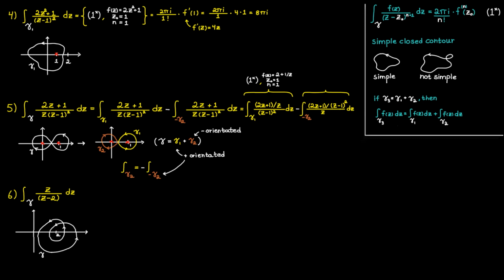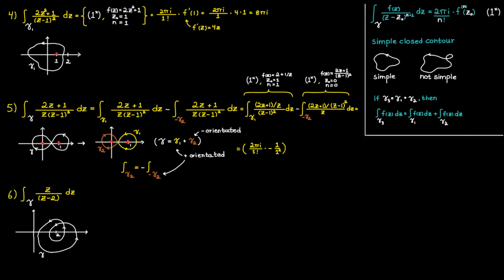And for our next one, we are going to let the function f be equal to everything in the numerator, since this thing will be analytic inside and on minus gamma 2. And the singularity was at 0, so c0 is going to be equal to 0, and then in this case n is going to be equal to 0. When we use the formula for our first integral, we get the following. And here I would like you to note that the derivative of our function f is going to be equal to minus 1 divided by c raised to the power 2, which means that if we insert 1 into this derivative, we get the following.